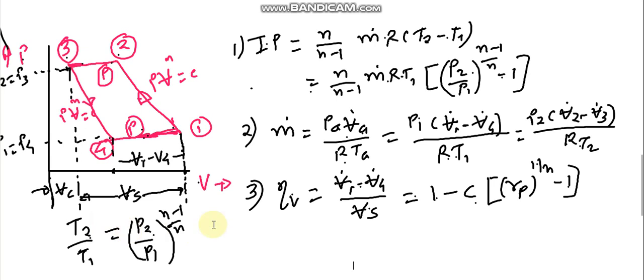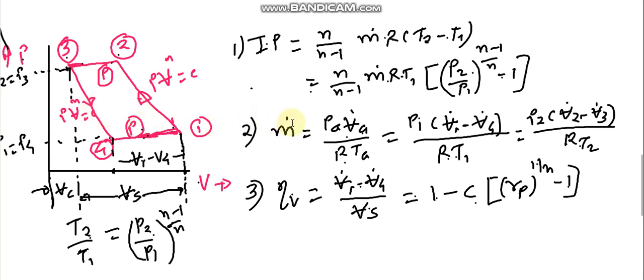So in this way we use these two equations for finding out the dimension of the cylinder. If the dimension of the cylinder is known, we find out the mass flow rate, and again these equations are used. Okay, so this is all about question number 2 and the formulae for the reciprocating air compressor.